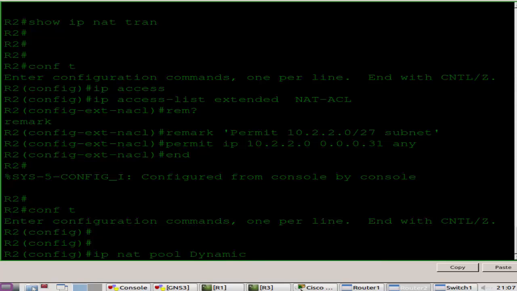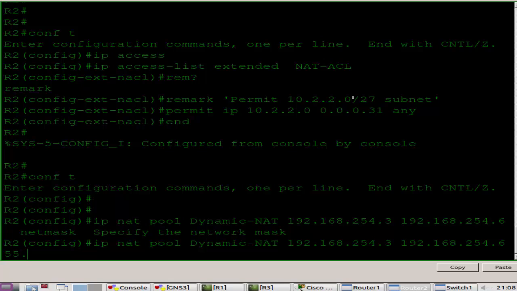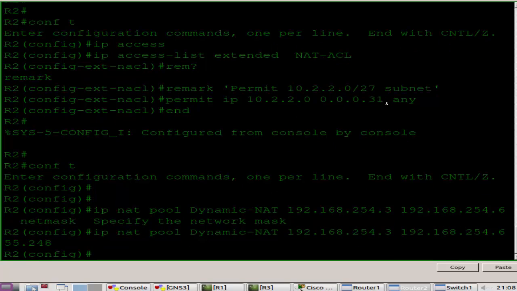We've got our IP NAT pool. We'll give it a name, dynamic-NAT. Depending on your IOS, you don't get all the options here in Packet Tracer. The pool consists of 3 addresses, 254.3 all the way up to 254.6 inclusive. I hit question mark. You can actually specify the network mask, or you can type netmask. I think in Packet Tracer you only get to put the actual netmask. So I've put netmask